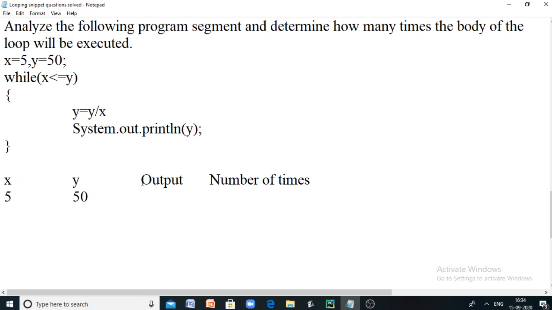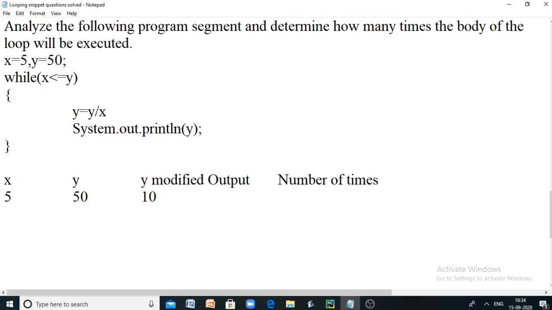Let us have one more column here for the modified value of y. Now y equal to y modulus division by x. So y is actually 50, x is 5, so 50 modulus division by 5 gives 10 as a result, and that is stored into y.